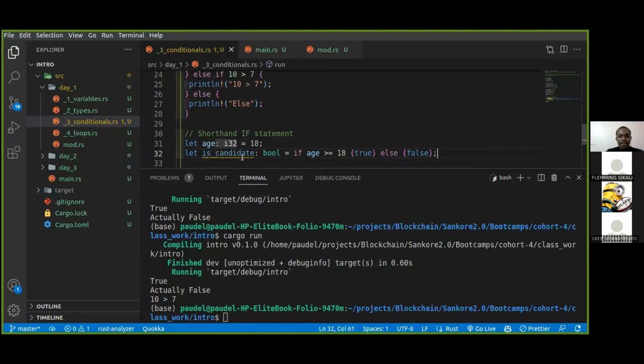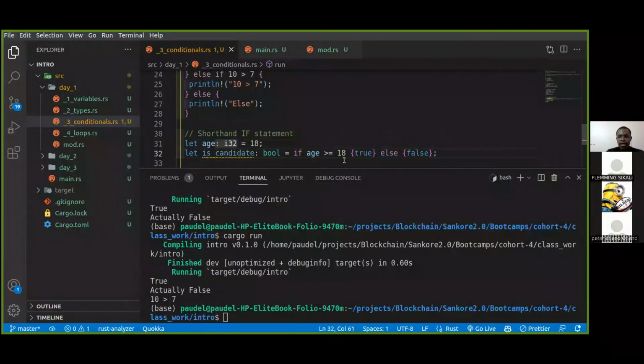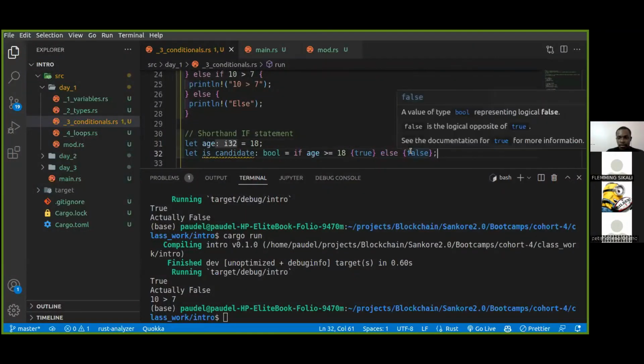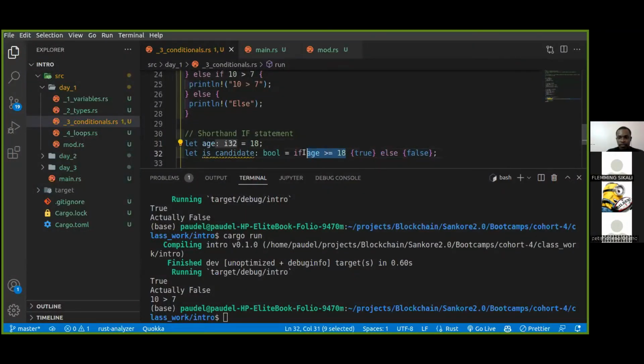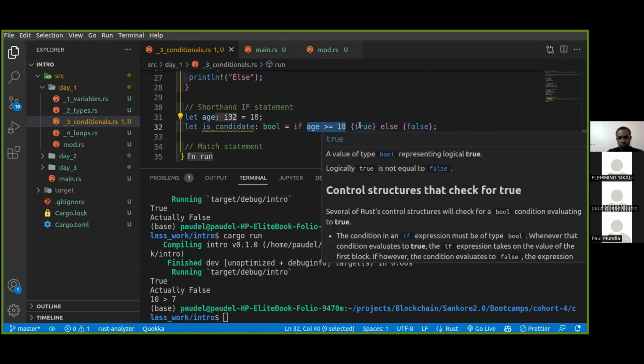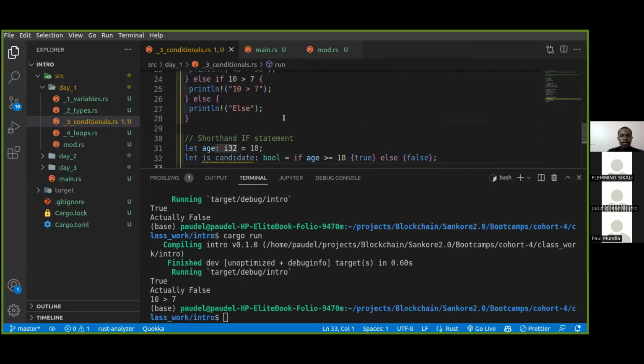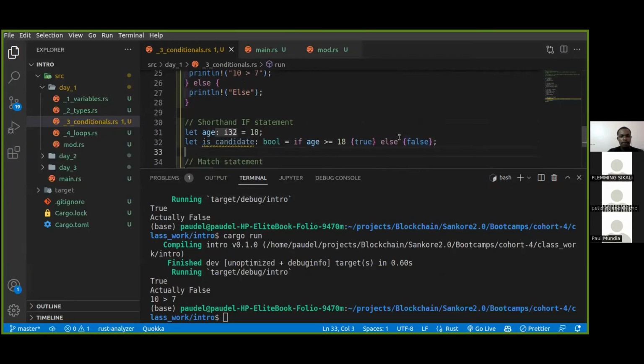So we're going to have the is candidate variable hold these values based on this particular expression or condition right here. So right here, we are assigning some value to this variable based on this condition. So if age is greater than or equal to 18, if that is true, then basically assign true. If that is false, then just give it a false value. So something like that. So again, if I try to print this out,